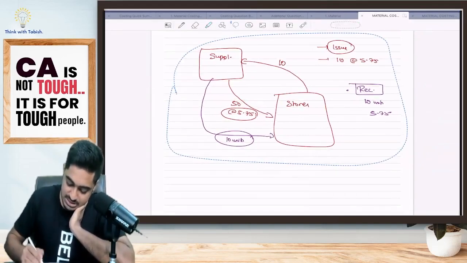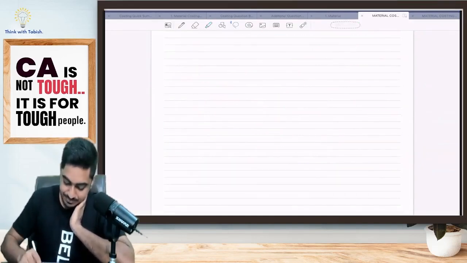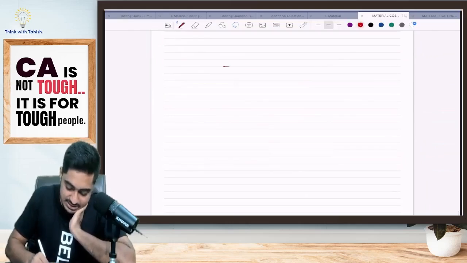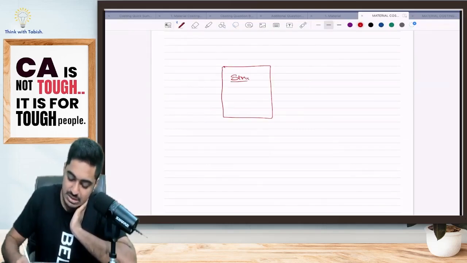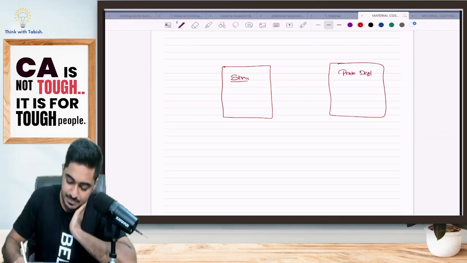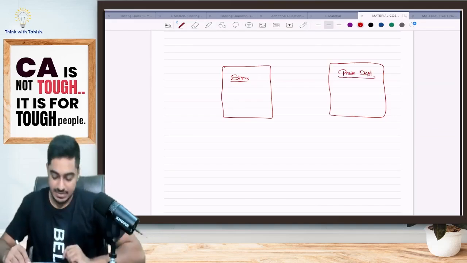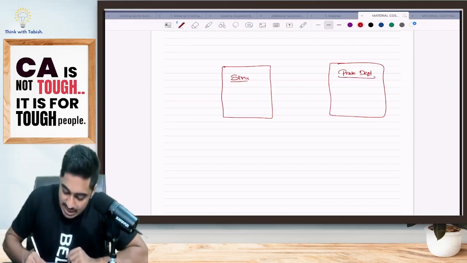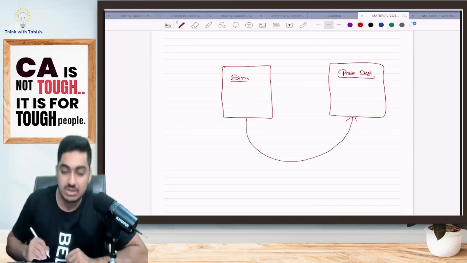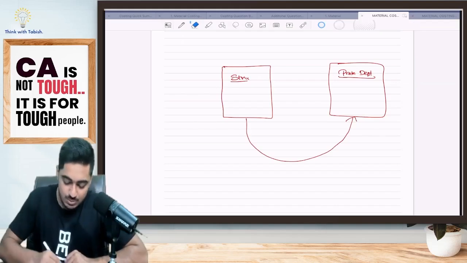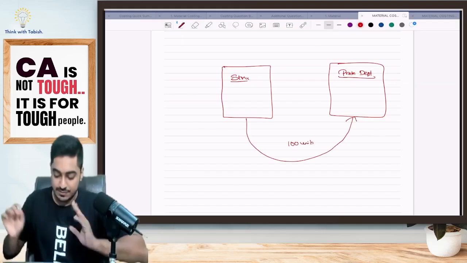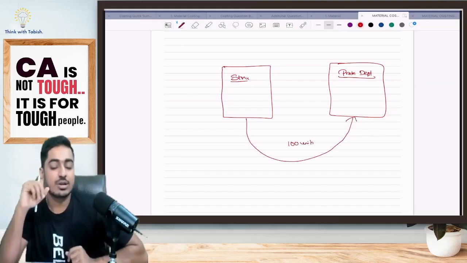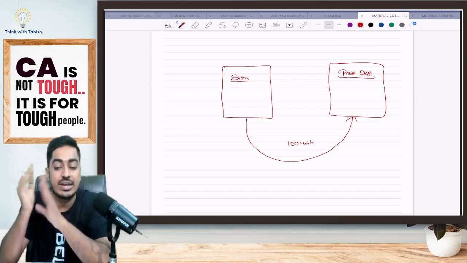So let me just erase this. I don't want this. So understand, I am having stores, I am having production department. Is this clear, everyone? Now understand, I would have issued some goods. Imagine I issued 100 units to my production department. Okay, fine. They did not like 10 units in that, or 10 units was extra. They wanted 90 only. 10 extra is there.